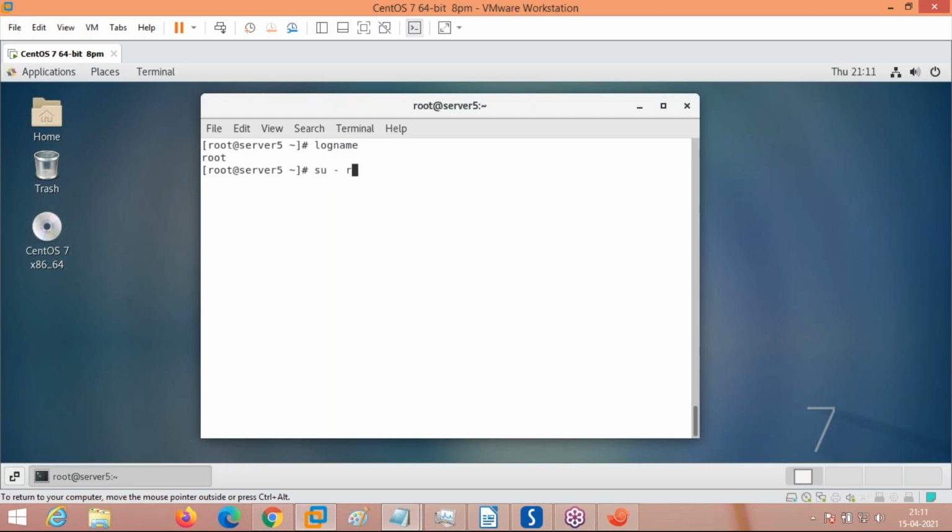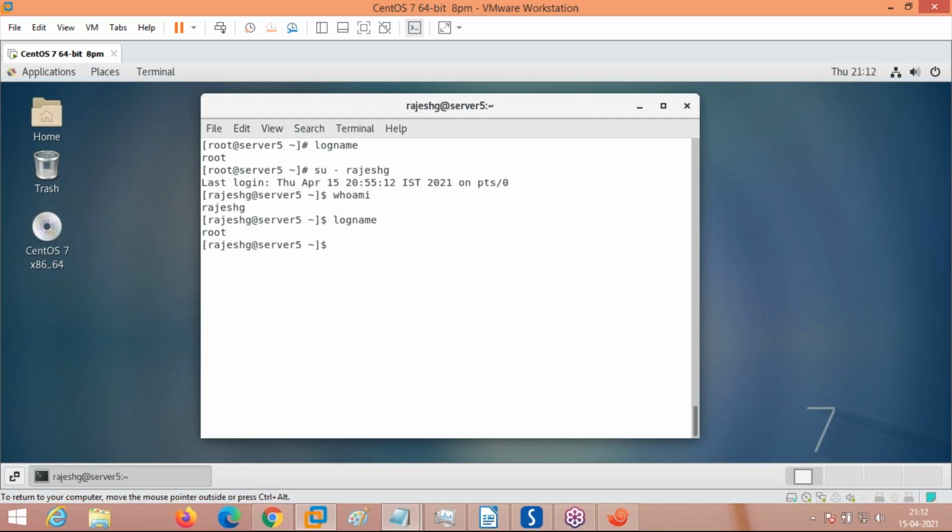Okay, su rajesh g is one of the users. See, when I am switching to Rajesh G, this fellow is not an admin, a normal user. When the normal user login is there, instead of hash, we are going to see a dollar symbol. And the name of the user is also there here, Rajesh G. As you can see here, first I'll show you whoami. Who is logged into system? Rajesh G. But when I give the logname command, it is showing me root.